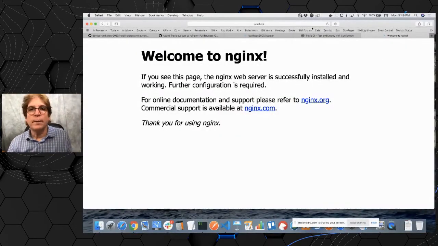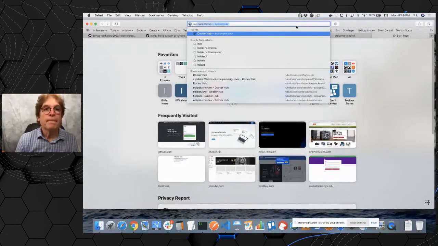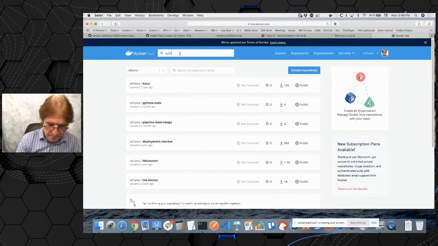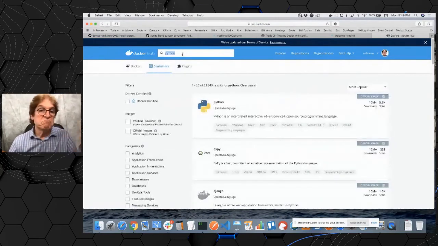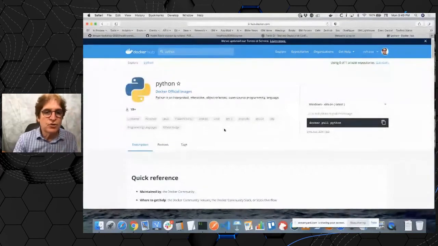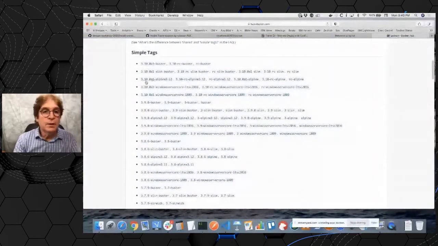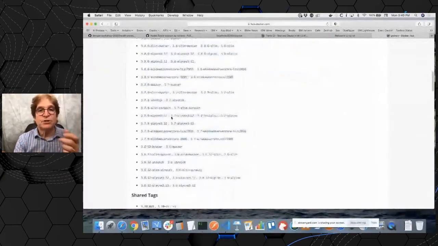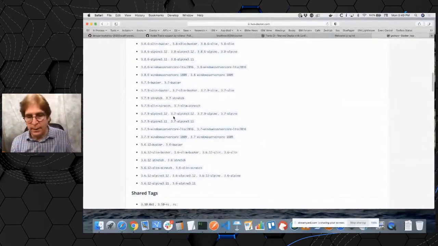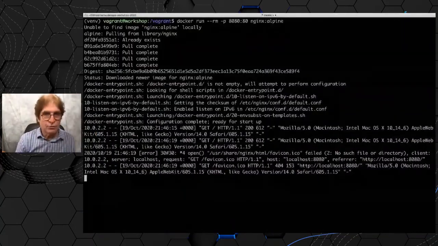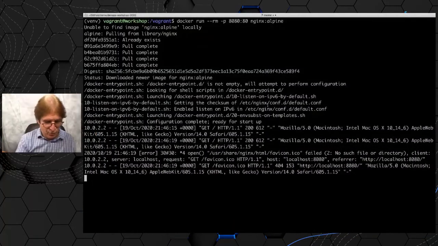Let's go to hub.docker.com. I search for Python. Get a bunch of Python images. Going to start with the official one, and then I scroll down, and it said, look at all the Python 3.10, 3.9, 3.8, 3.6, blah blah blah. You just pick one of them, right? You pick one that you want, and you're off and running with it. So let me do Control C. So go back to where you ran this, and do a Control C to get out of